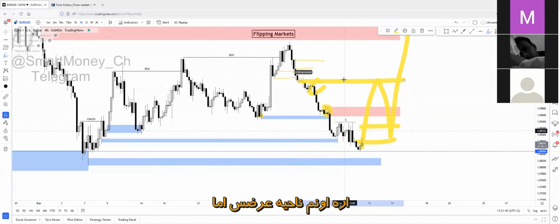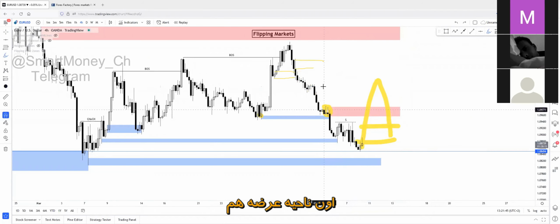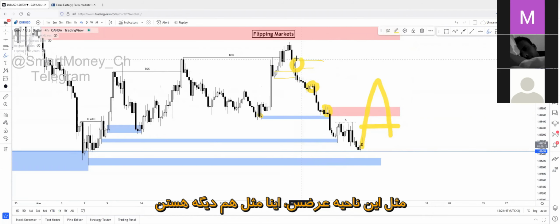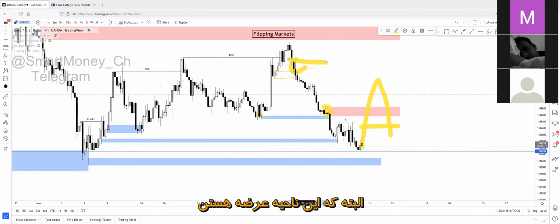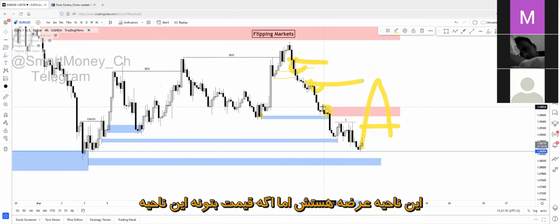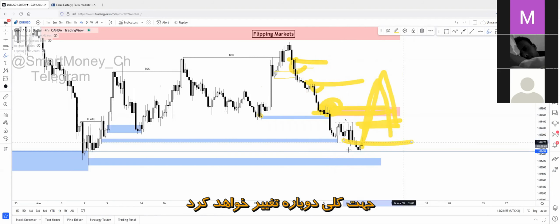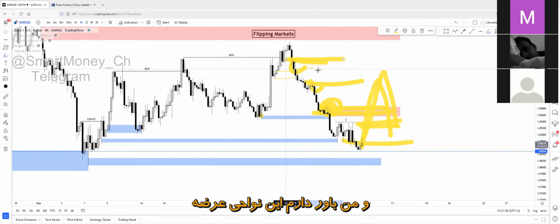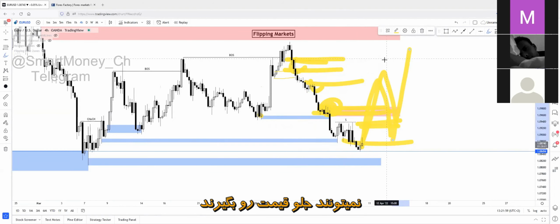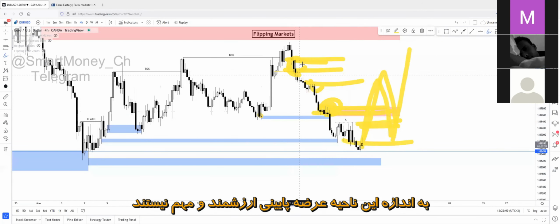Yeah, that's a supply zone again, but the same rule goes for this one. These are the same. Of course, these are supply zones, but if price can break above this zone down here, the overall direction will be changed again. And I believe these supply zones won't be able to hold price and won't be able to reverse it, because these aren't as valuable as this one down here.